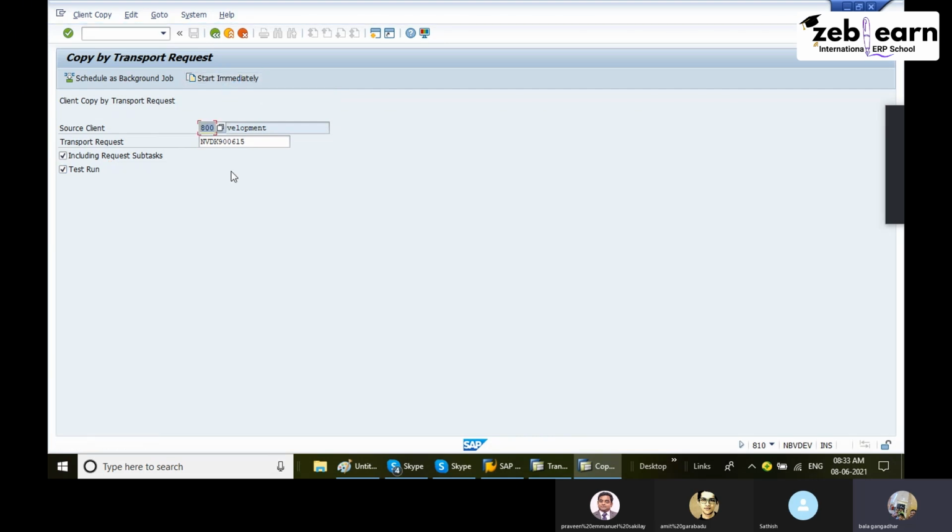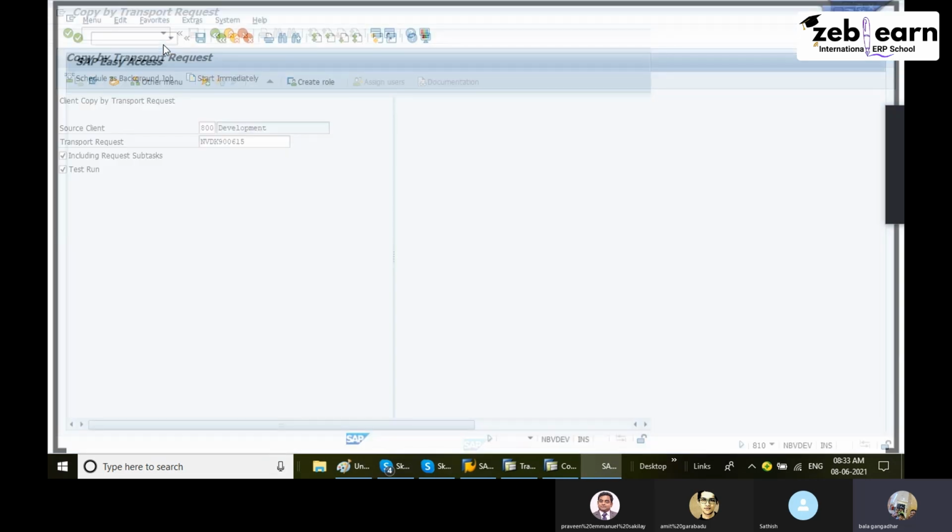If you click here, it will show clearly. Say program has run successfully. Means this program is successfully completed. Once this program is successfully completed, we will check in SC11 that same transport request